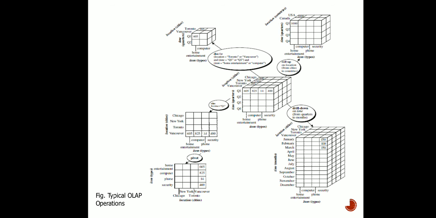So the first quarter will have January, February, March. Then the second quarter will have April, May, June. Third will have July, August, September. And the last will have October, November and December. Now you can see here for this first quarter, just focus on the middle cuboid. First quarter, my Vancouver had a value of 400. So if I am drilling it down, I have to find out the report of what was the sale for January, what was the sale for February, what was the sale for March.